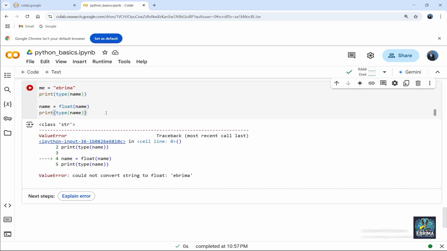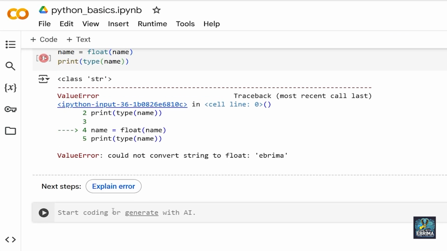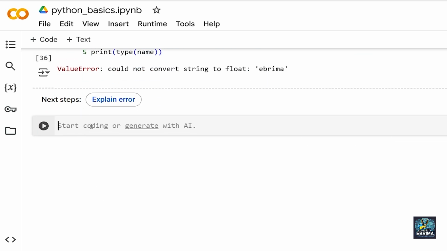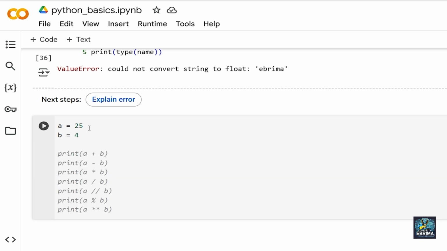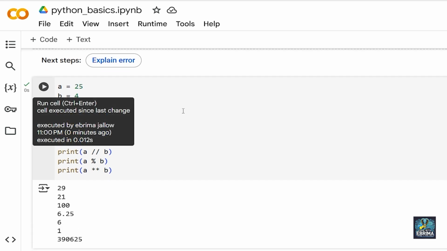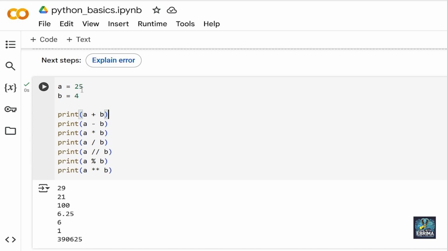All right, let's continue getting our hands dirty on some code and do exactly what we learned in the previous lesson. So now I'm going to say A, for instance, is equal to 25. And I'm going to come down here and say B, for instance, is equal to 4. Now we are going to use all the mathematical operators that we have just learned. I'm going to load this, and now it's time to look at them one after the other. So here is 25 and 4.